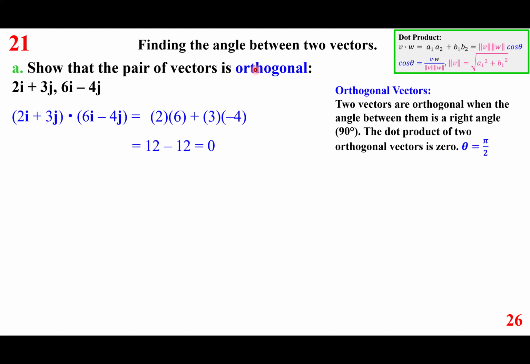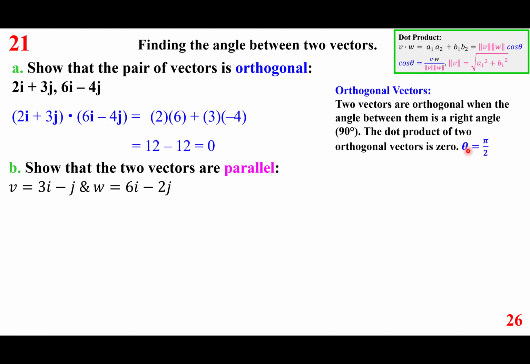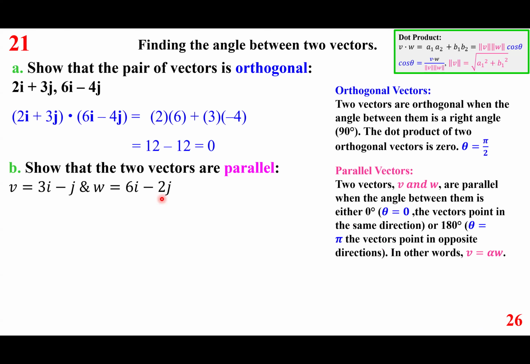So orthogonal, think about it as perpendicular. The angle is pi over 2. Show that the two vectors are parallel, this one and this one. Well, what do we mean by parallel? Two vectors V and W are parallel when the angle between them is 0 degrees, theta is 0, the vectors point in the same direction, or 180 degrees, or pi, the vectors point in opposite